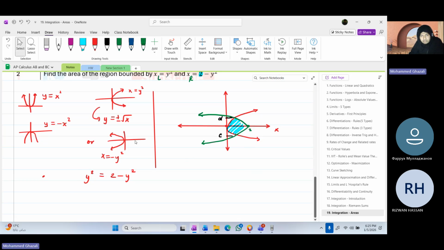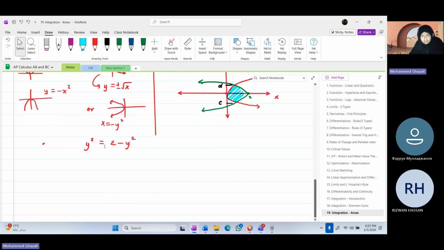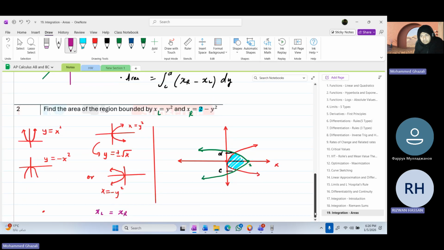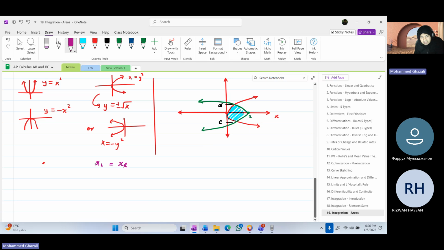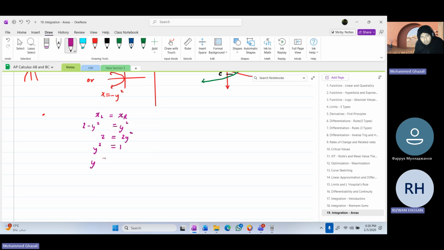Points of intersection. How do you find points of intersection? You need to equate both, right? You need to equate the left and right function. x left equals x right. So y equals plus minus 1. We'll check it up. x left is 2 minus y squared, and that was y squared. So I've got 2y squared is equal to 2. y squared equals 1. So y equals plus minus 1, that's correct, because we take the square root. Yeah. So area is now integral c to d of x right minus x left